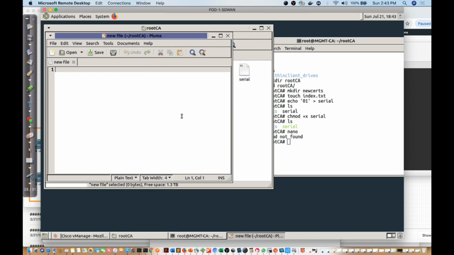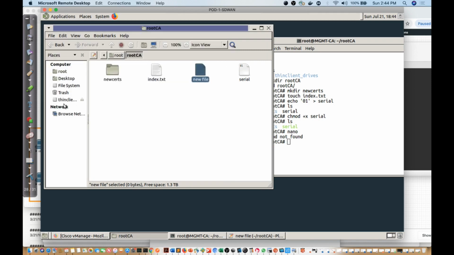Now what I need to do is create a new file, and this file is going to be called my ca.conf file. It's going to contain information necessary to allow the OpenSSL that we're going to be using to function in this lab. The way I'm going to do this is connect to my configuration here, and go to my